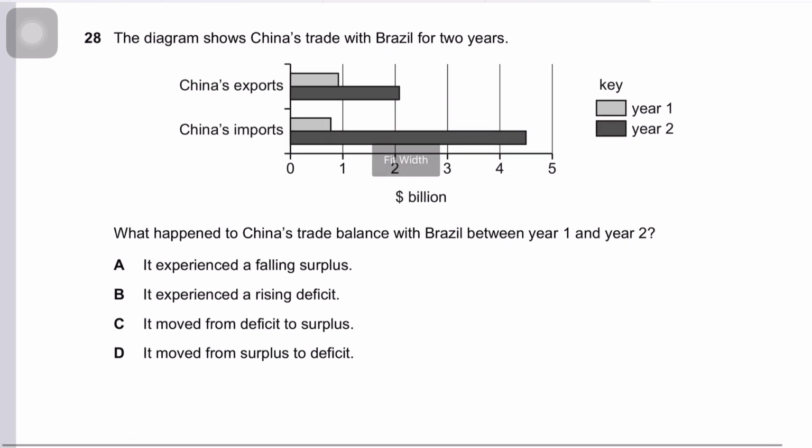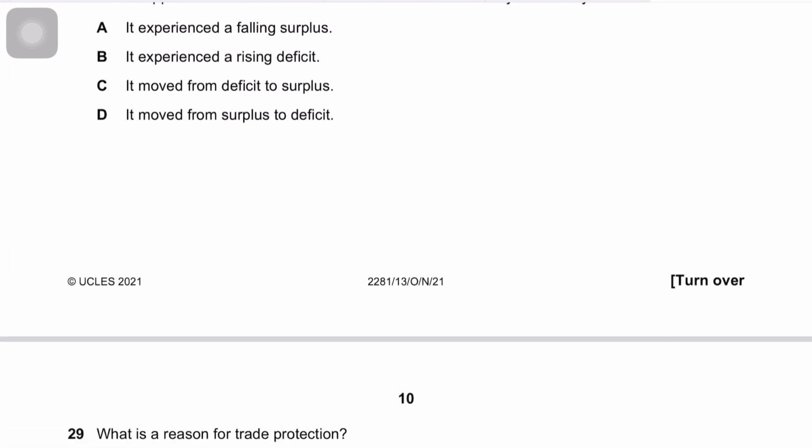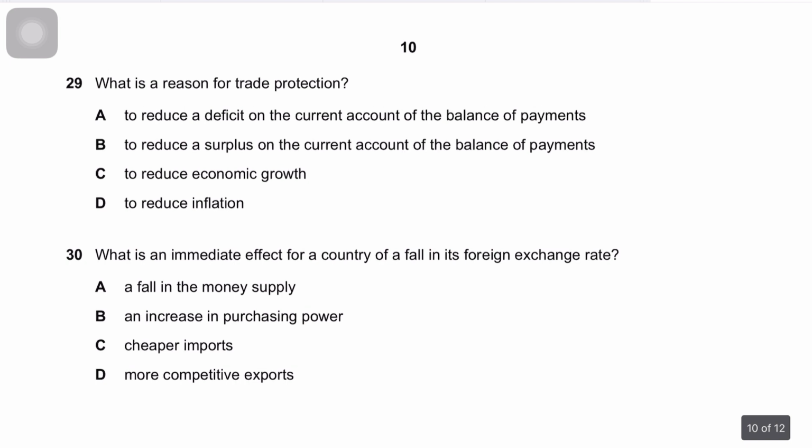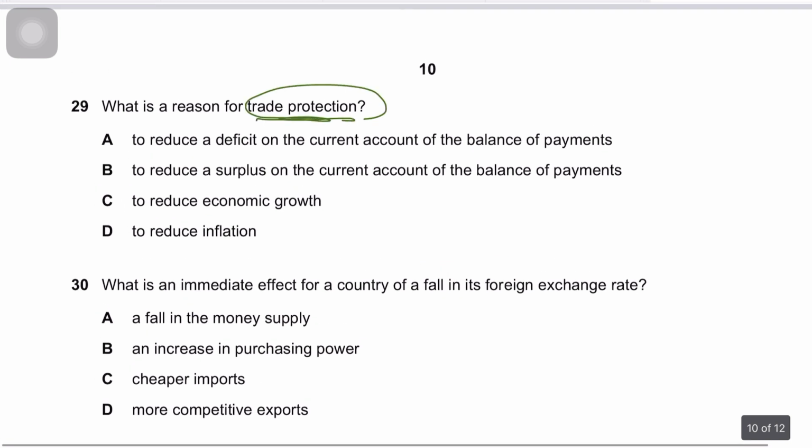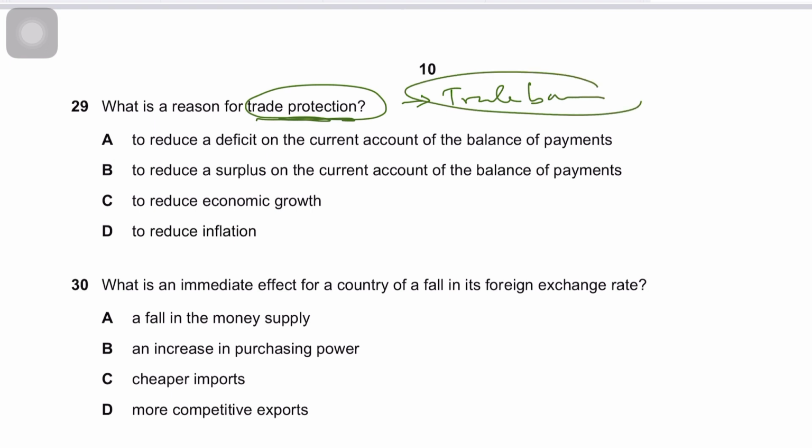28, again, is a repeated question from variant 2. You can check from there. Question 29 says, what is the reason for trade protection? We know what trade protection is. It is basically your trade barriers. The reason is to protect your domestic industry and to improve your current account position, because you are importing a lot, and that is a threat to domestic firms. So the answer to 29 should be